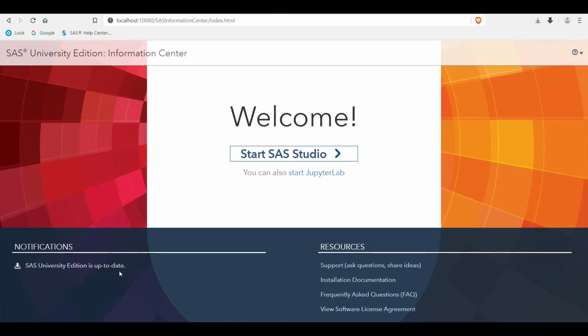Okay, so besides that, you don't need any internet to run these programs. So let's go to SAS Studio. You can also, if you prefer running your Python script on this Jupyter Lab, just click this and it takes you there, for you to do a little Python